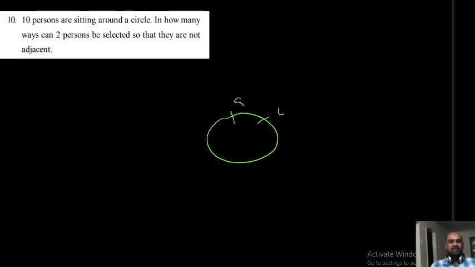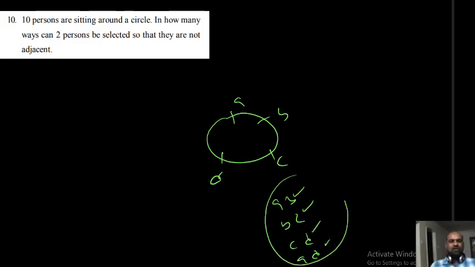Here A, here B, here C, here D. Selection AB is one selection, BC one selection, CD one selection, AD one selection. AD: 1, 2, 3, 4. You are getting 4 selections so that the 2 are adjacent to one another. In the linear sense, what happens? 3 minus 1. Sorry, 4 minus 1. Circularly it is 4 only. 4 ways you can select 2 of them so that they are adjacent to one another.